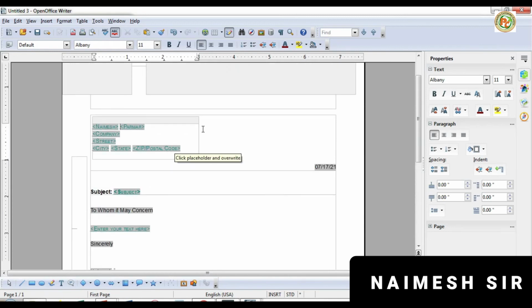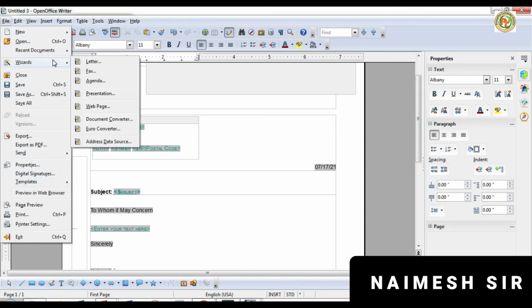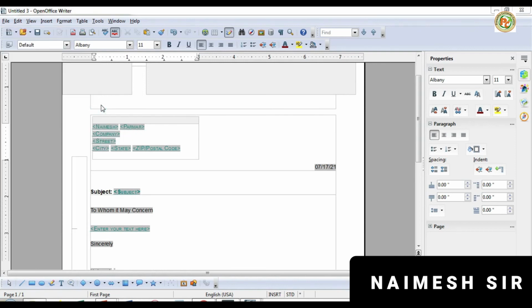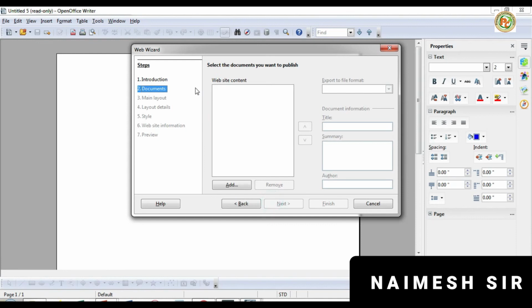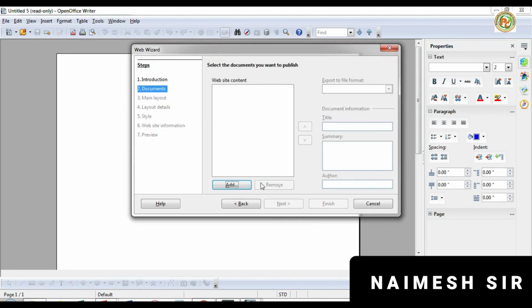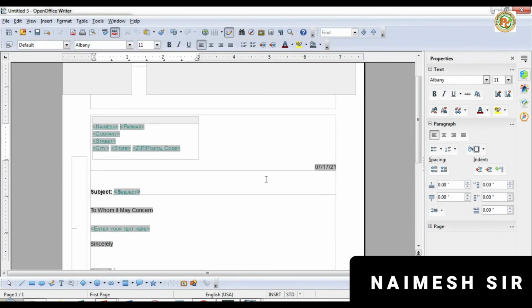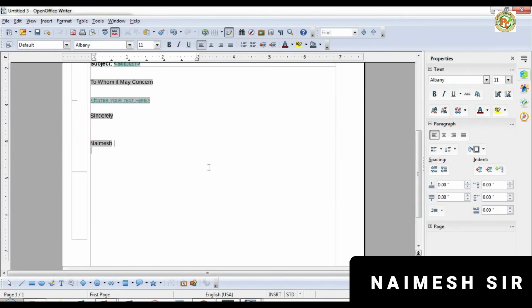So this is the use of templates, the predefined templates given in Impress. Also we can import from here, or you can use the wizard also. If you want to create a document converter or a web page, click on that and a window will appear, then click Next, and the default setting will be there. Click Next, type your document name or whatever you want to add from outside. Click on this, and if any OpenOffice file is there, open it inside this, and then click Next. So this is the use of templates inside Writer. This way we can create templates.